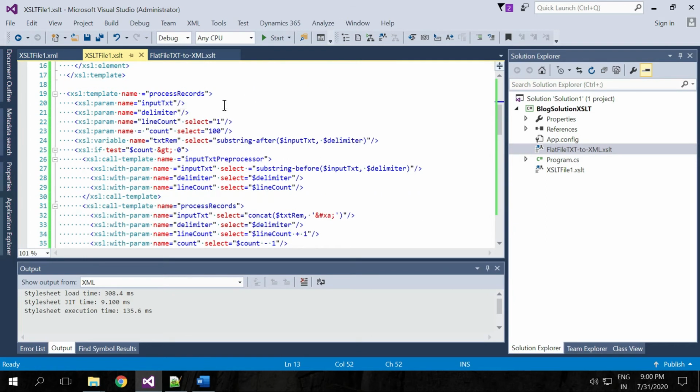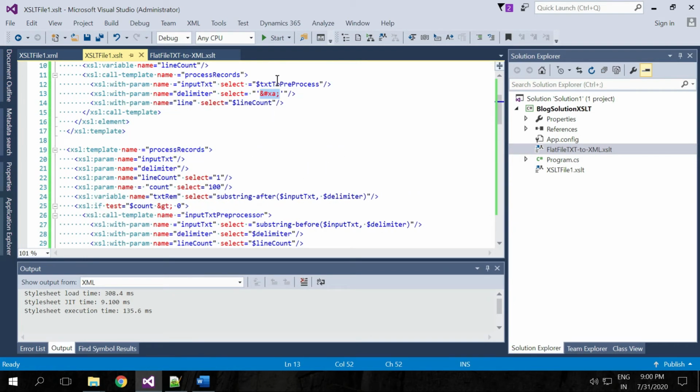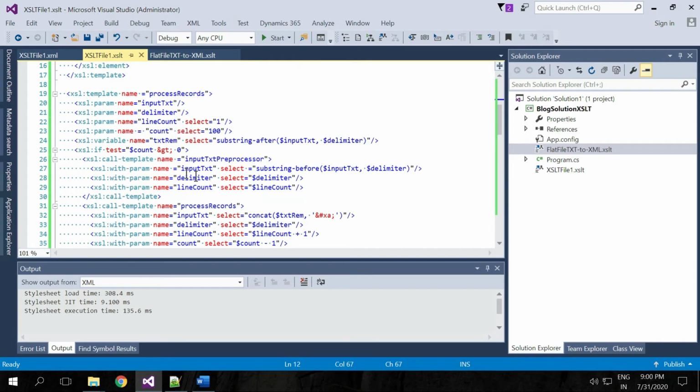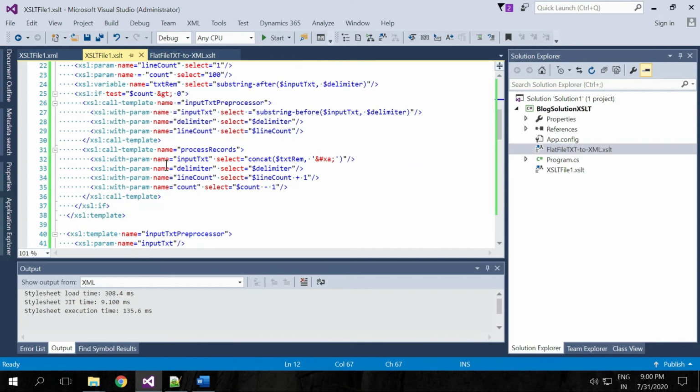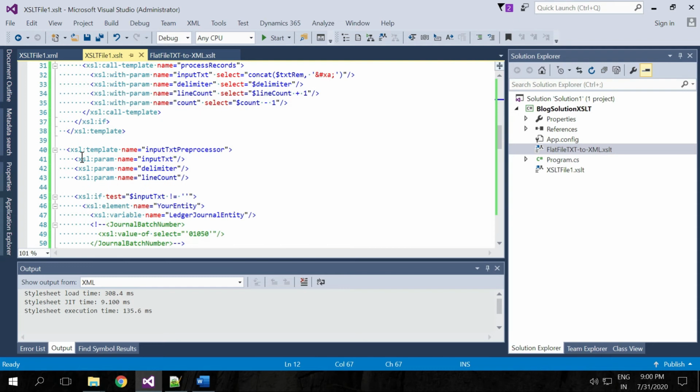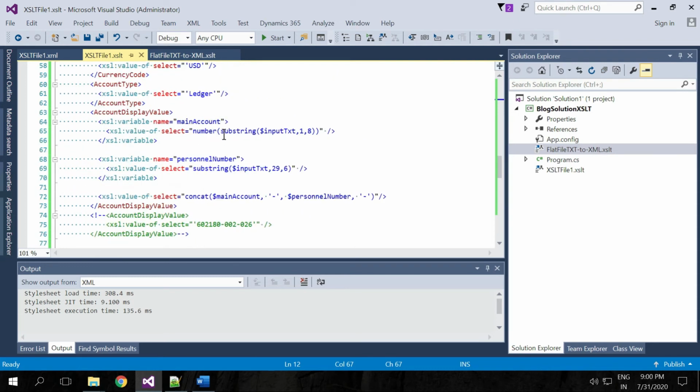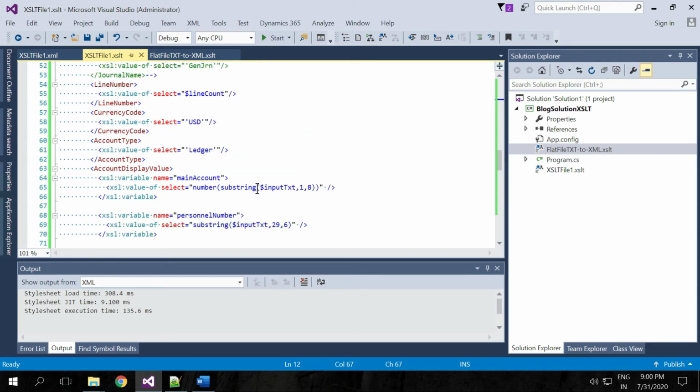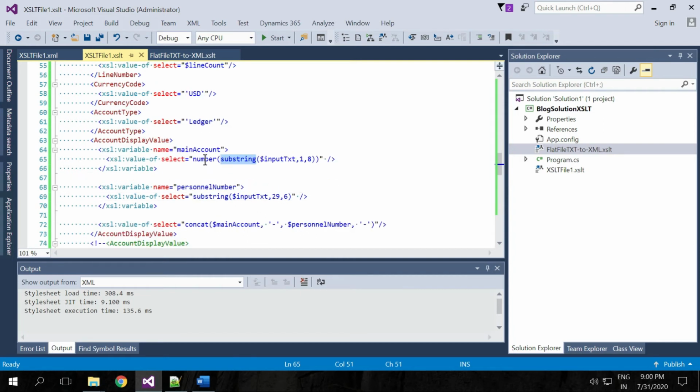So I call a pre-processing text. In this text, I will recursively keep calling these tags. Suppose you want to extract a main account number from first position to 8. So we need to use a function called substring. And suppose you want to remove the leading zeros, you can use this function called number.